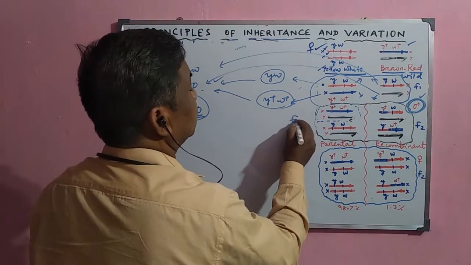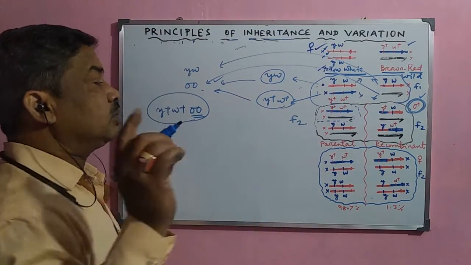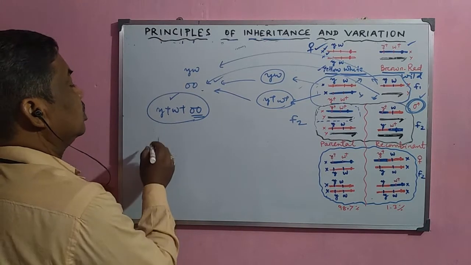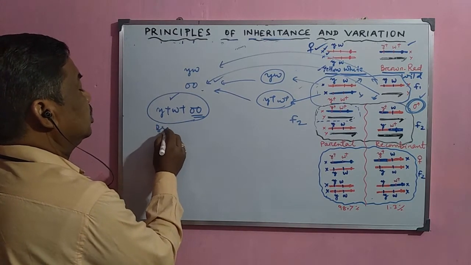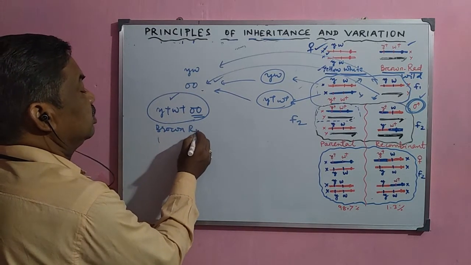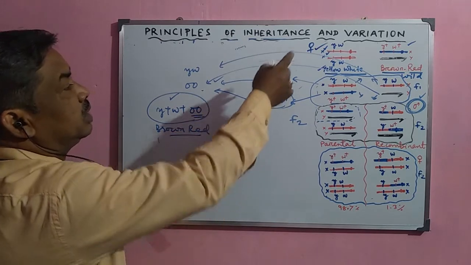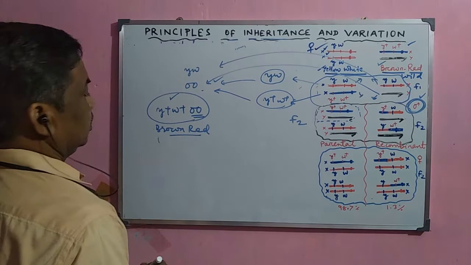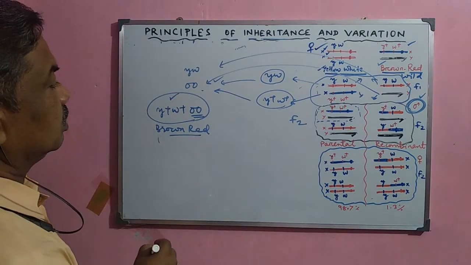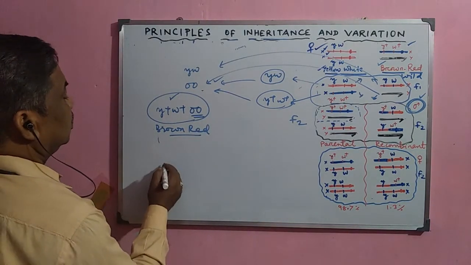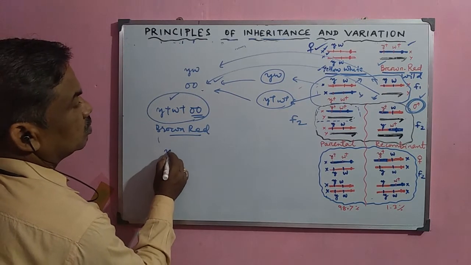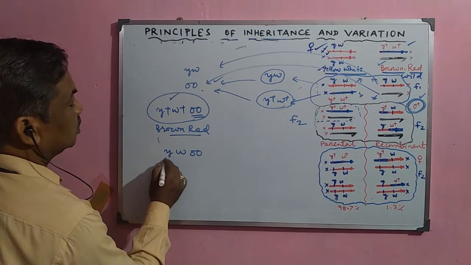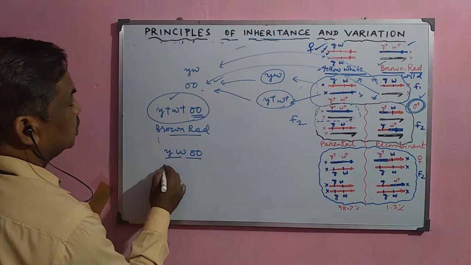In the F2 offspring, some males are found as brown red type. Brown red is a parental combination, and some males are observed as yellow and white, that is Y W 00,